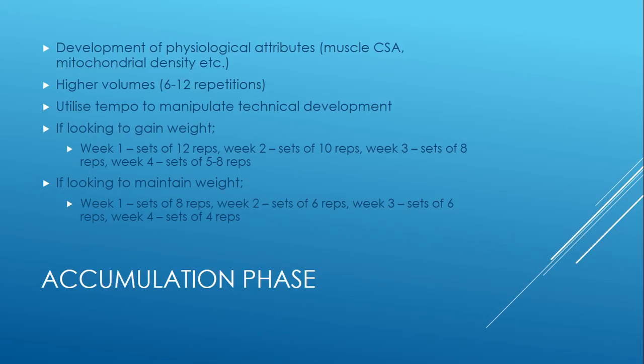So accumulation phase, what we're trying to achieve here is the development of physiological attributes, muscle cross-sectional area, mitochondrial density, etc. We're typically using higher volume, 6 to 12 reps. I like to utilize tempo to manipulate technical development, so I'll get guys to use an isometric hold in the bottom of a rep, or focus on a slow descent just to groove that technical proficiency in the lift